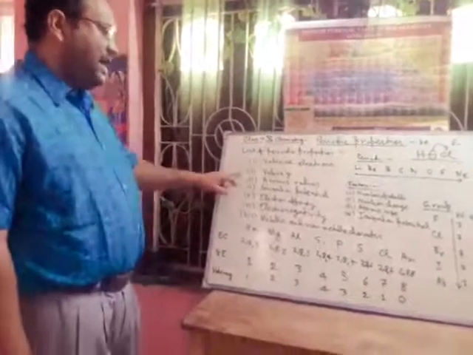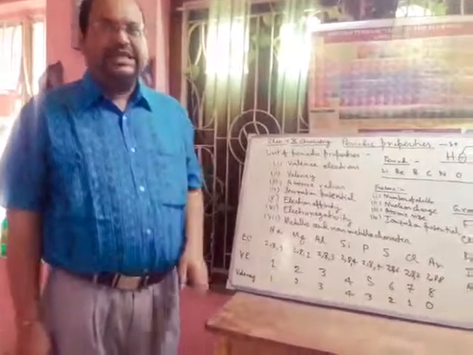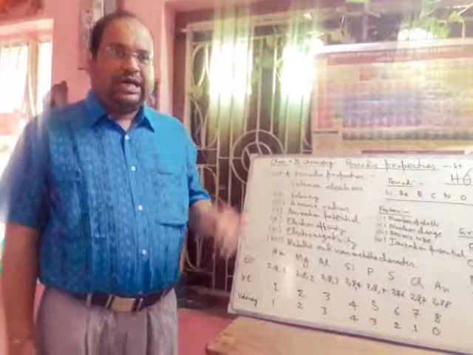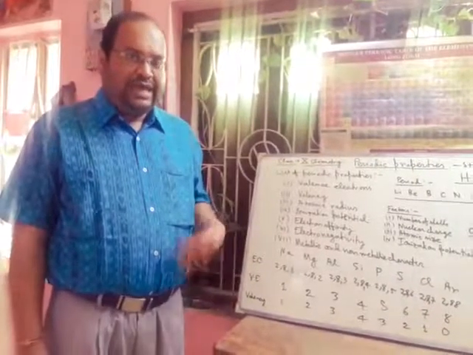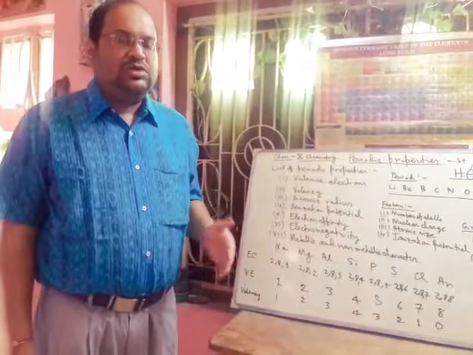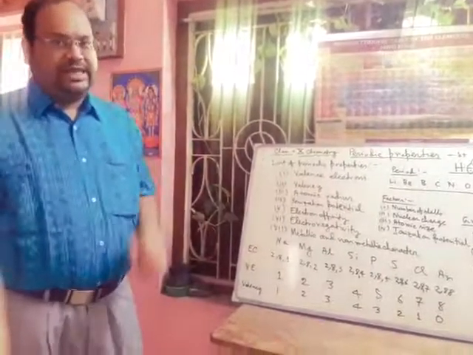Next we will discuss valency. First of all, what is valency? Valency is the combining capacity of an atom with other atoms. We can think about the ammonia molecule. Here the nitrogen atom is attached to 3 hydrogen atoms. So the valency of nitrogen is 3.